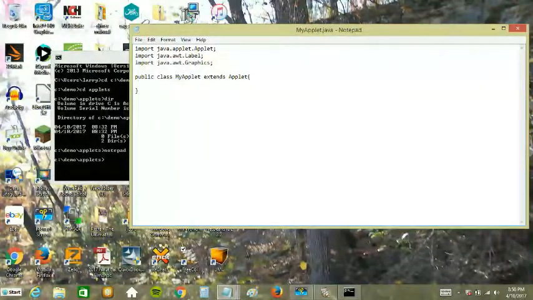Next we need to add some kind of method. Applets have 4 primary methods that you don't have to use. You can use them. You might need to use them. You have the init method, which is for initialization, the start method, the stop method, and the destroy method, which is kind of like the finalize method in certain other situations. We're going to use the paint method and probably the init method. You could probably also use a constructor, but